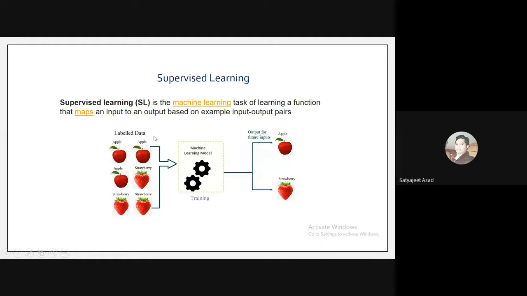If you don't have this labeled data, then you apply clustering basically. If you have labeled data, then only you can apply supervised learning techniques to build your machine learning models. If you want to classify whether this is an apple or a strawberry, this is a classification problem. So typically machine learning takes help of labeled data to classify. And if it is a case of regression, then also you have labeled data with you to predict or to forecast a numerical value.